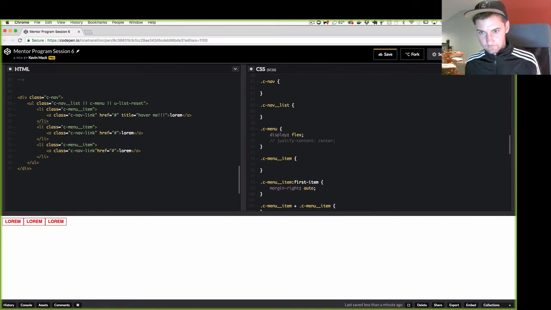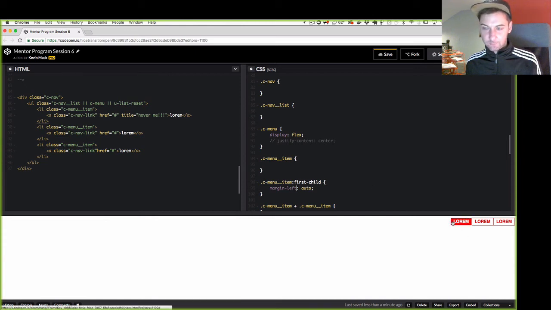Oh my God, first child. So you can see that pushes that over there. If I wanted them all to move, I would do the left, which is really nice. If I wanted this first one to be on this left side, say this first one said home, and this had like about us, and this said shop or contact us,